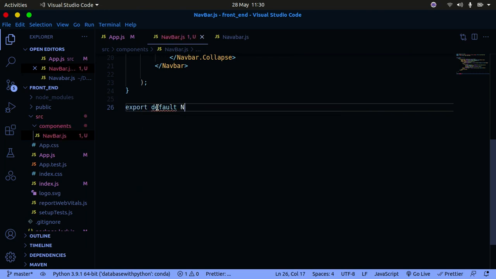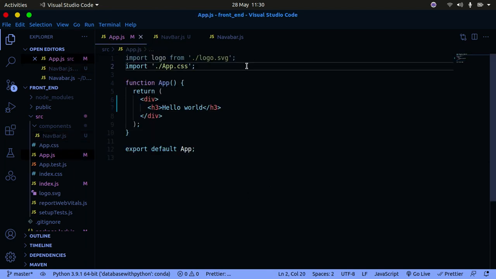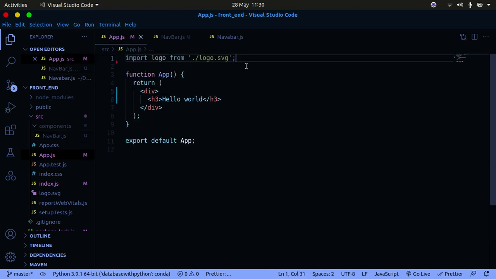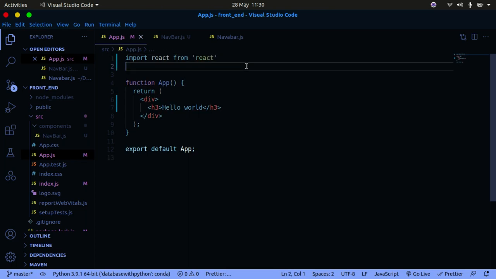and this is going to be Navbar, just like that. So we're going to export that. We're going to go back to our application here, and let me just remove this part out. Also, we also need to say import React from React, just like that. And then we are going to also import Navbar from components, and this is going to be the Navbar. Okay, just that. Great. So instead of using the hello world here, we're going to use the Navbar,